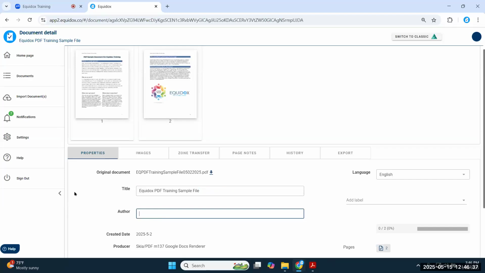So if I wanted to type my name in here as the author, I could, or if you want to put in your department, or if you know who the author is, if you want to add it, that's totally fine. If an author was already there, it will be pre-populated. Just so everyone knows, the author is not a requirement for compliance. So it's not something that you're going to get flagged for on an accessibility check. Not all documents really have a defined author, so it's not forced. But if you want to add an additional search term to the document, it never hurts to have it. So you can add an author as needed.